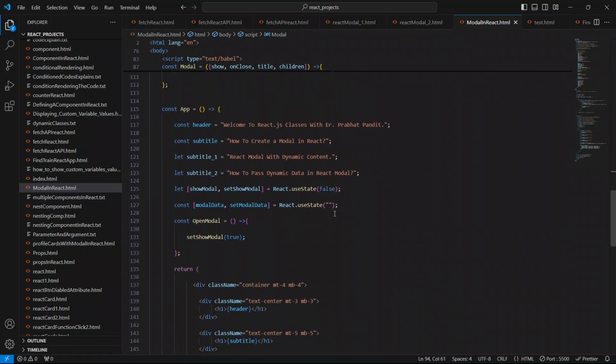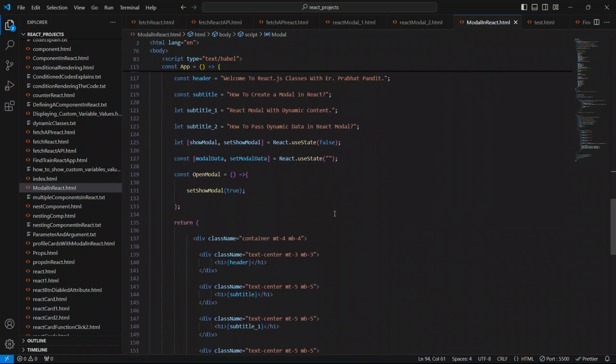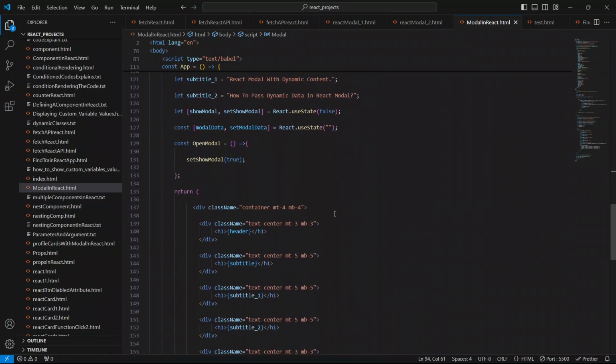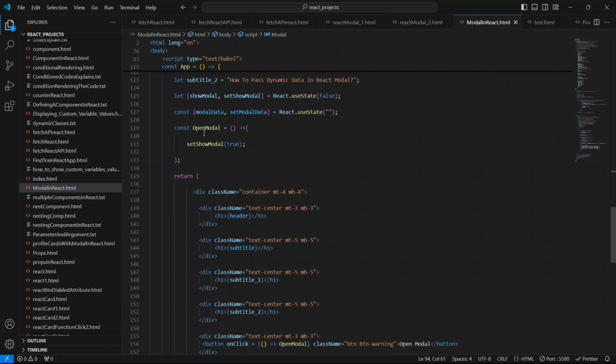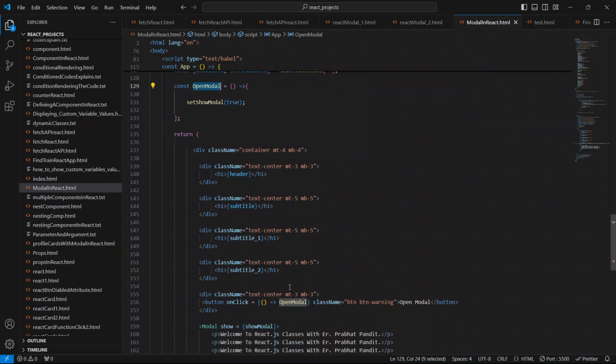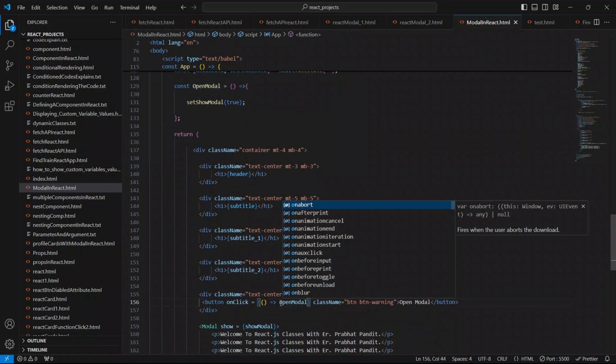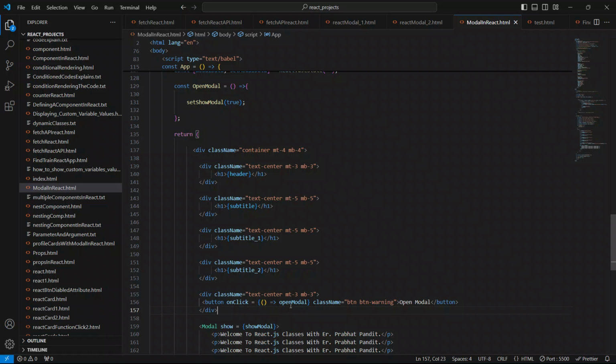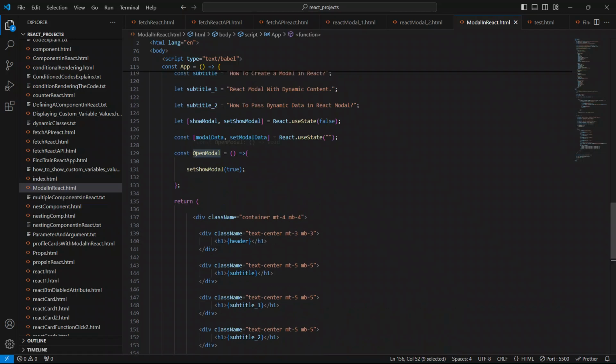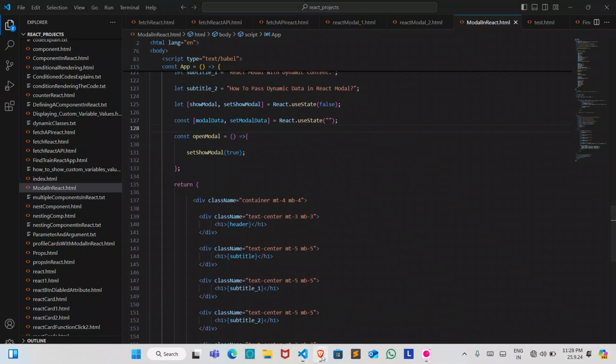Our modal should be toggled from visible to not visible, and from not visible to visible, by this open modal method. So let's just put here the small o. I hope this is the issue. So put here the small o as well. Now save your code, go to the browser, and now